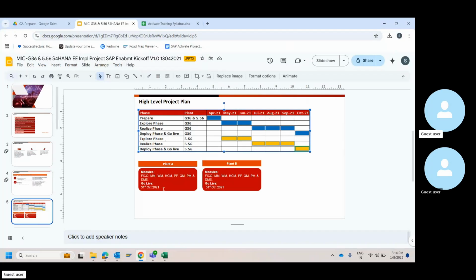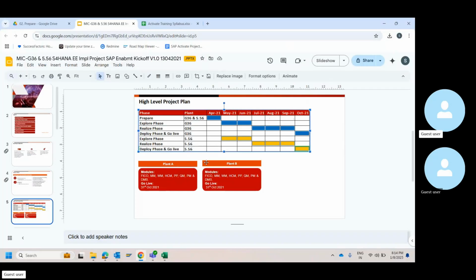They will decide at that stage itself, and then whatever comes to you will just be a high-level plan like this, and you will have to build on top of that. Maybe if they say 1 month for deploy, you can probably push it to the end of the month for best practice reasons. That is your call. However, the timeline will not change.